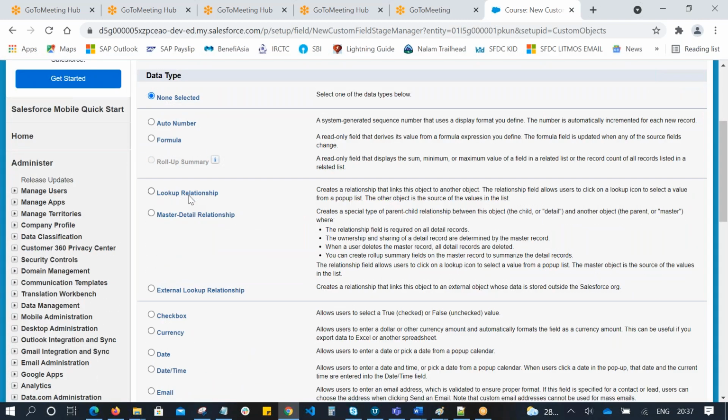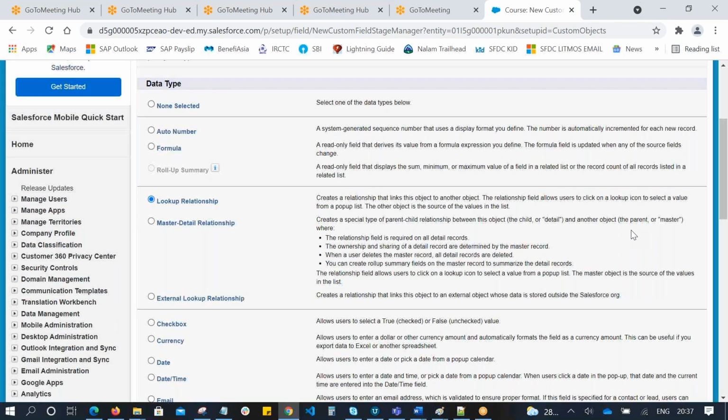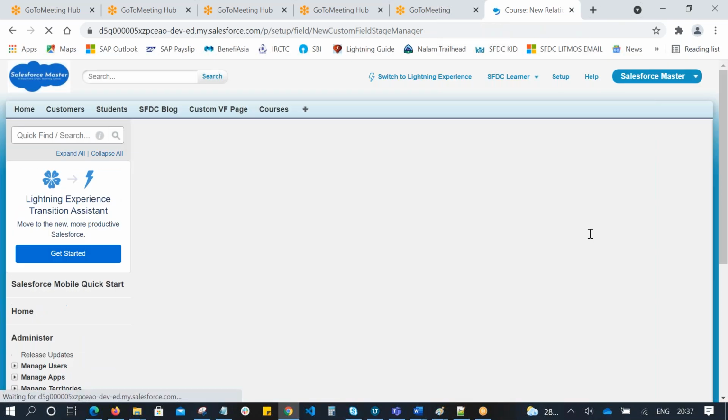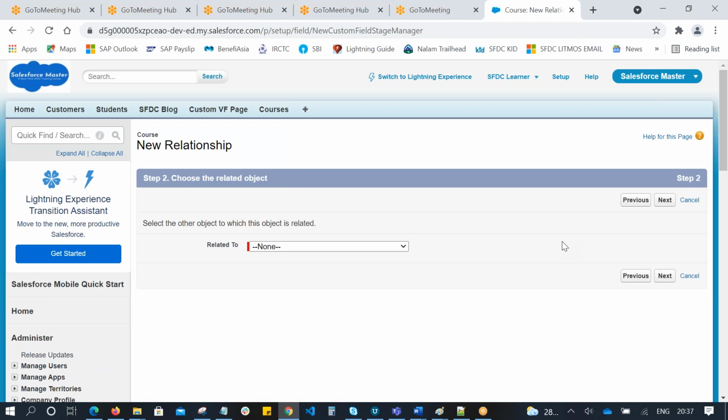Now you can see lookup relationship, master-detail relationship, and external lookup relationship. I want to create a lookup relationship. Select lookup relationship and click on next. Which object do you want to relate to? In our case, I want to relate to the student object, because student is going to be the parent.